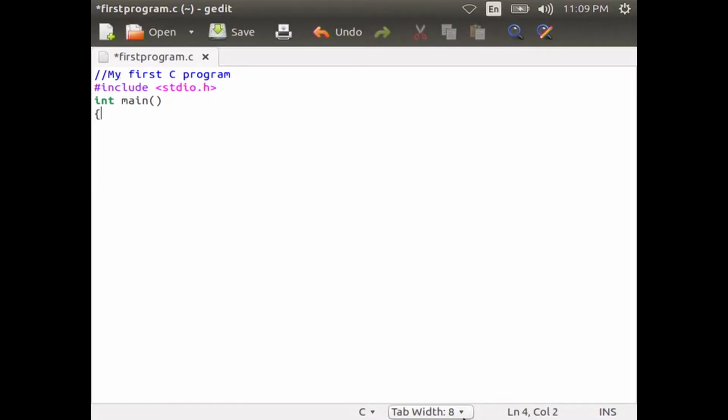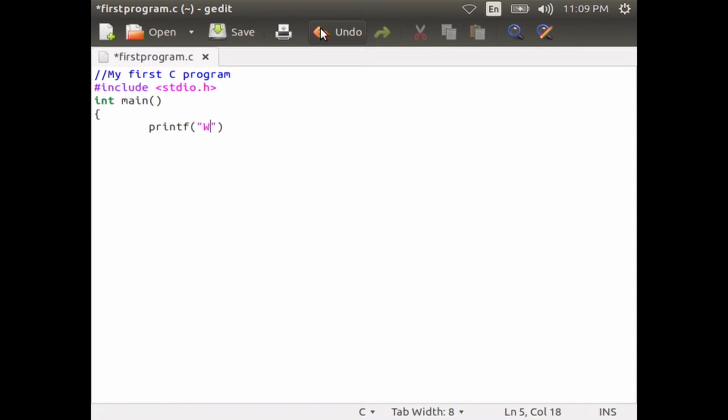That is, it helps in faster debugging. So, let us give 3 spaces or a tab space here and type printf. Printf is a standard C function to print the output on the terminal.